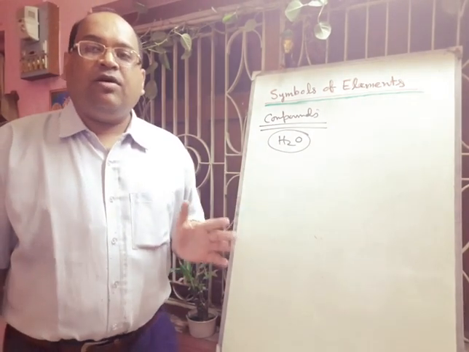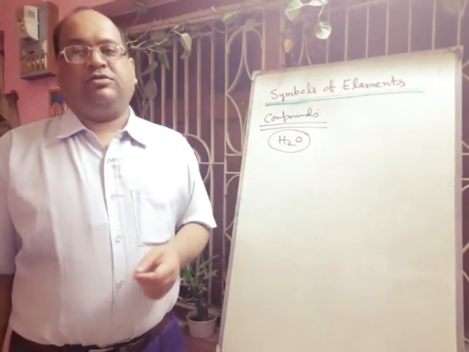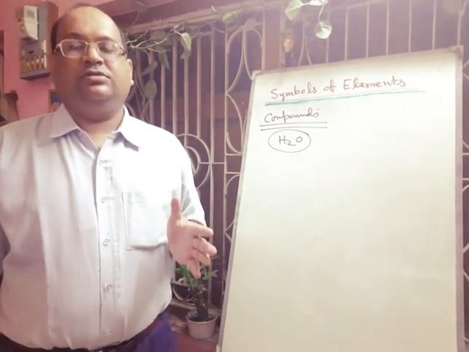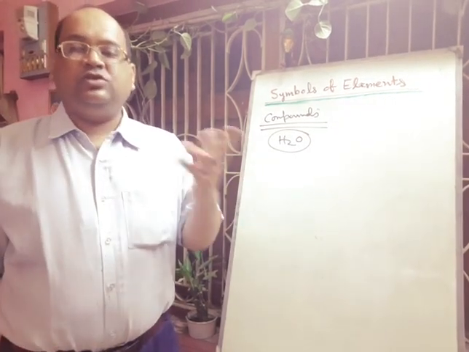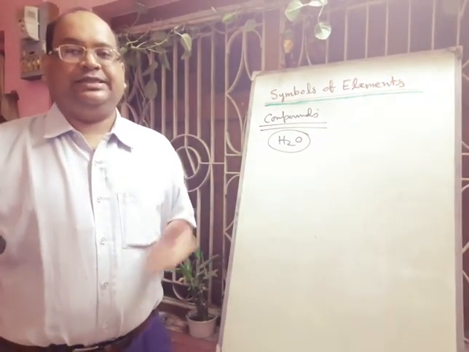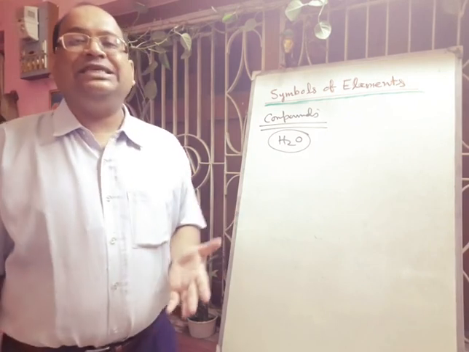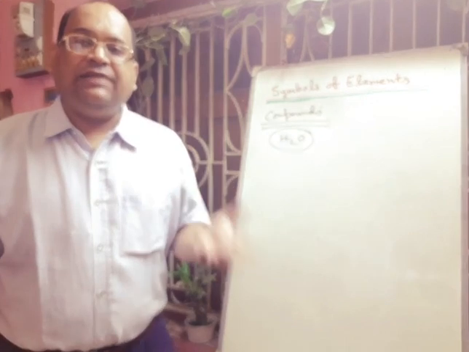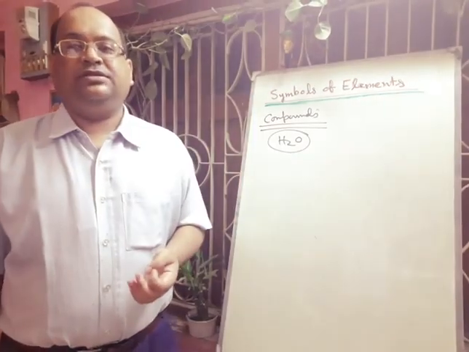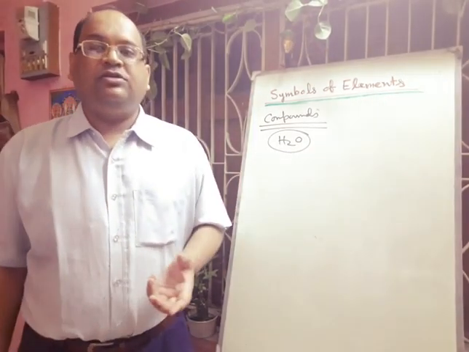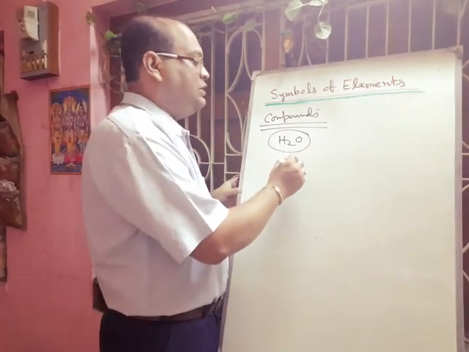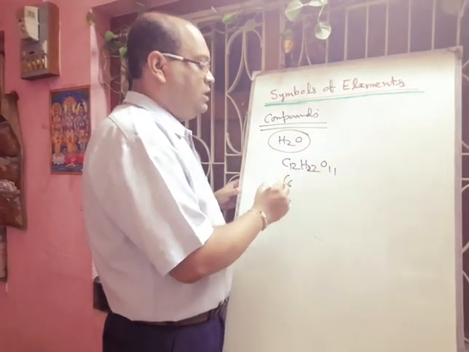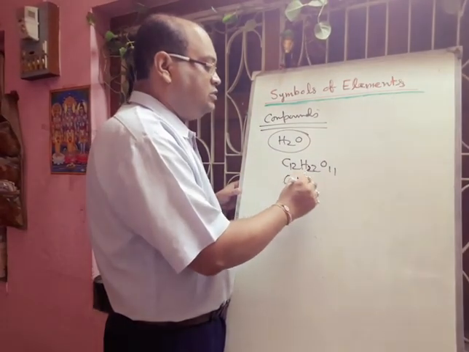Now, the properties of all compounds will vary from compound to compound, and the smallest unit of a compound is called a molecule, like water molecule, sugar molecule, glucose molecule, etc. Now, what are the characteristics of these compounds? The properties of compounds are entirely different from those of their constituent elements. You can think about the sugar molecule. The sugar molecule formula is C12H22O11. You can think about the glucose molecule, C6H12O6.